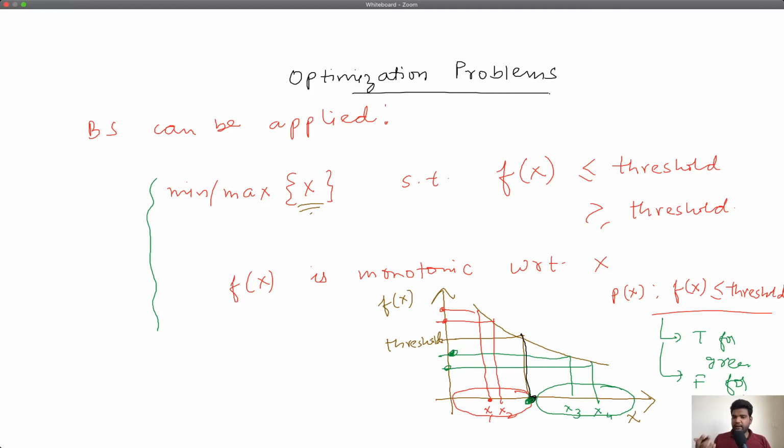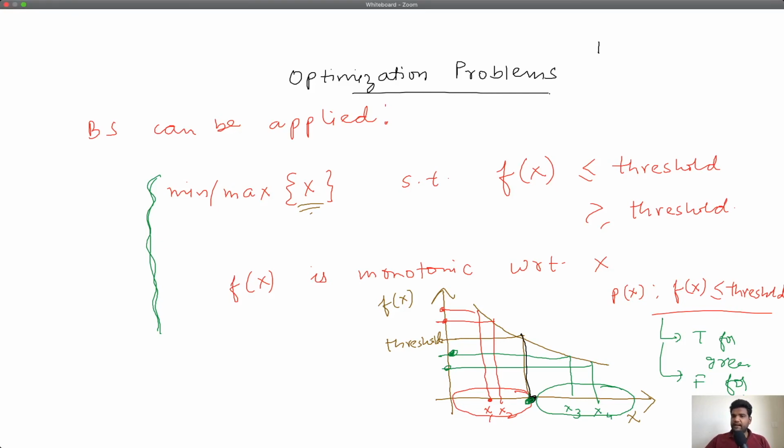So it should intuitively make sense to you now as to why this kind of optimization problem can be solved using binary search, why we are able to explicitly define a good predicate for it. So the framework for solving optimization problems then just becomes as simple as three steps.